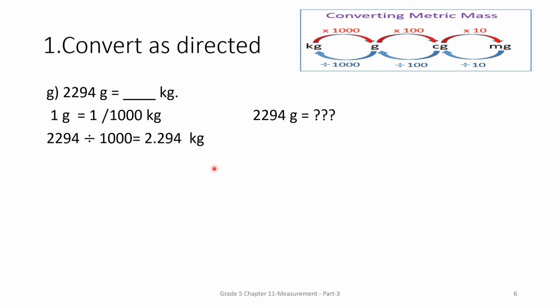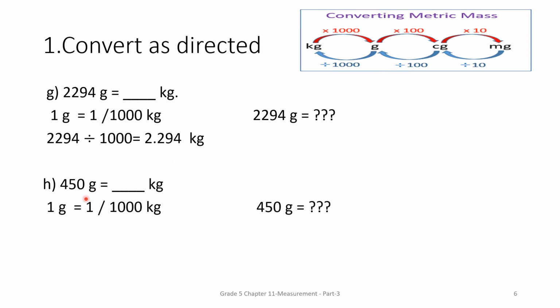Okay, now we will see last sum of exercise 11.3 of question number 1, and here we have 450 grams equal to how much kgs? Again we have to convert gram to kgs. We have to do division, since we are converting from smaller unit to bigger unit. So we know that 1 gram equal to 1 by 1000 kgs. So how much will be 450 grams? So for that we have to divide 450 by 1000. So when I will divide 450 by 1000, I will get answer as